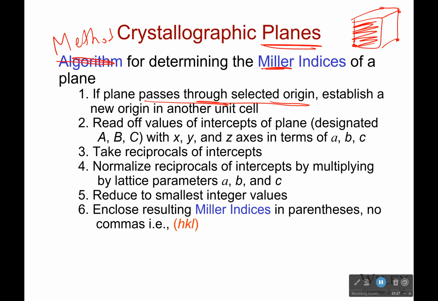Now you have to look at where that plane intercepts the axes. It's always in terms of a, b, and c. So for this example right here, if this is my origin, and I do everything like normal, that's the Y direction, this is the X direction, this is the Z direction. Well, where does it intersect? It intersects the X-axis at one length, so that'd be a,